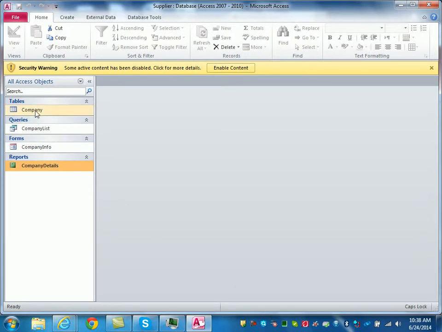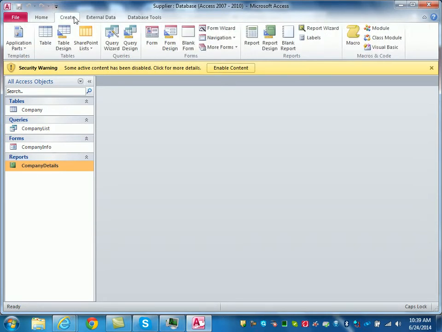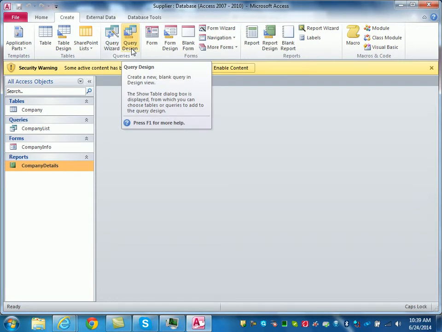They ask you to open the company table. When you open a particular database, you see all of the objects. I can see that I have one table called company, a query called company list, a form called company info, and a report called company details. In order to create a query or a form or a report, we go to the create tab, and for the query we click on query design, and we follow the instructions like what to include,